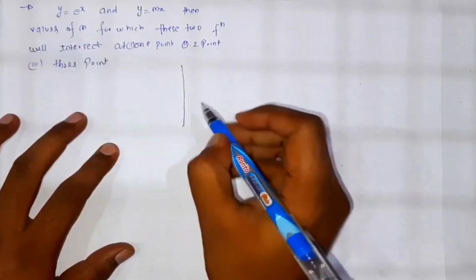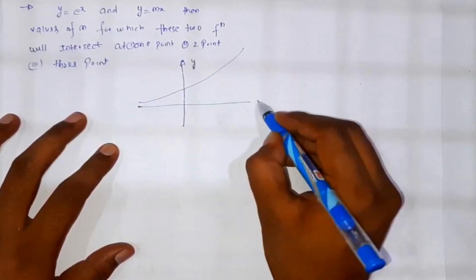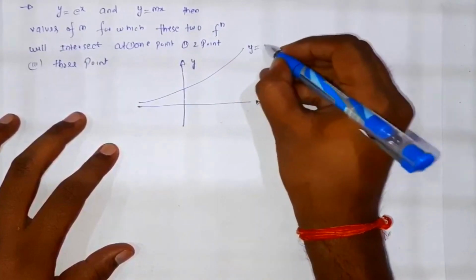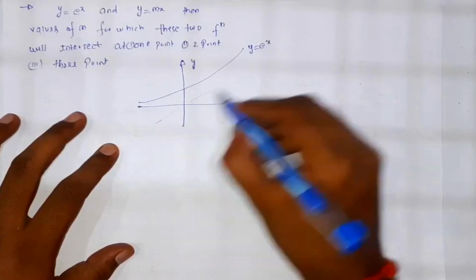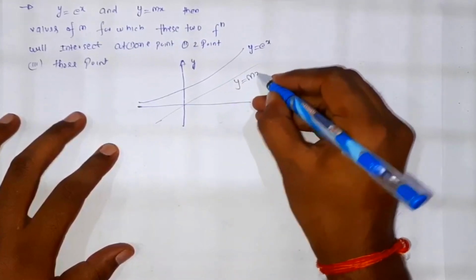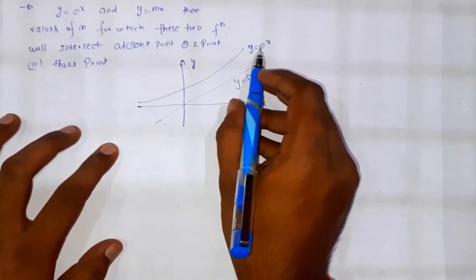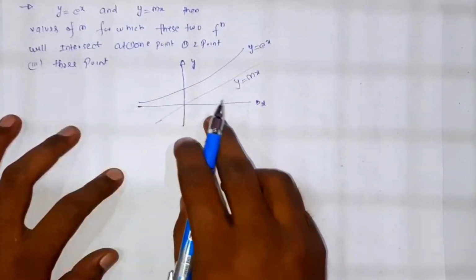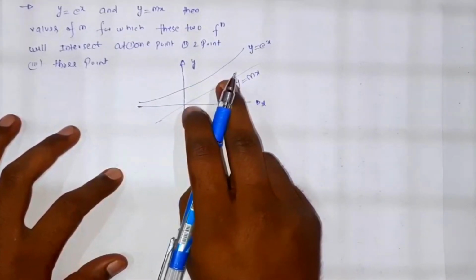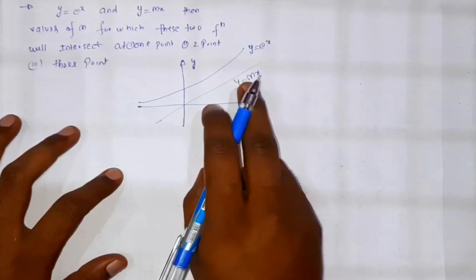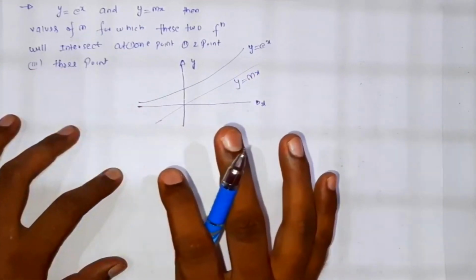x. It will be like this, the x and y axes. This is y equals e to the power x, and the graph of y equals mx line will be like this, because this is the line passing through the origin. Now I'm going to differentiate this to find the slope of this function. If these two curves are going to touch each other, then this will be possible if and only if the slope of both the functions will be equal. So I'm going to limit the values of m.